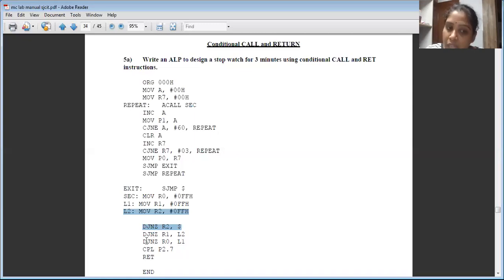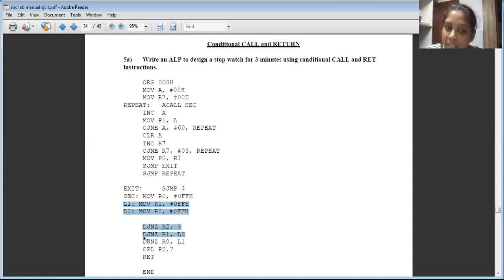If the R1 content is not 0, jump to L2 and keep repeating this set of instructions, that is 255 times. The decrementing of R2 will be repeated till R1 gets to 0. Each time R2 completes, R1 is decremented from 255 to 254. Like that, it has to repeat 255 times. Once this set of instructions is done, it will create a delay.